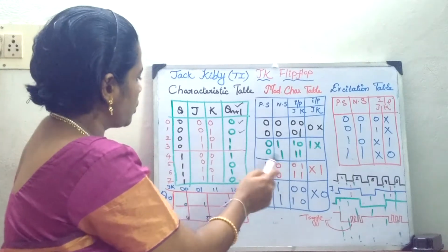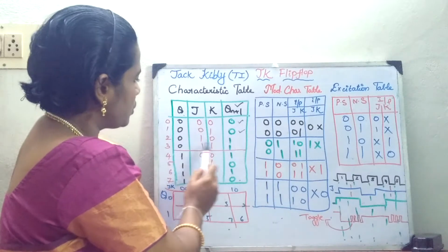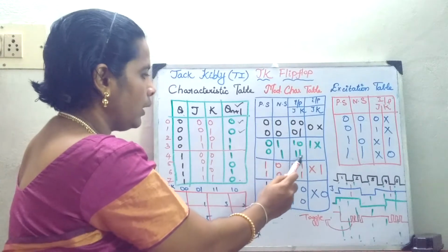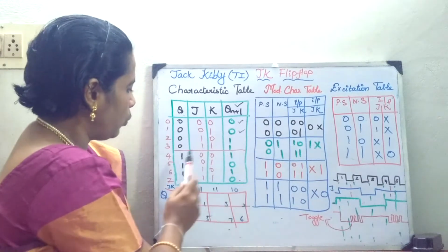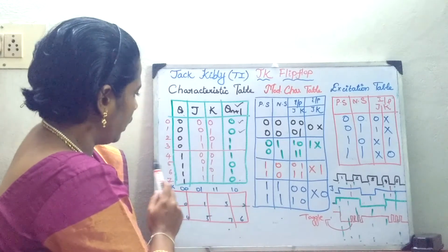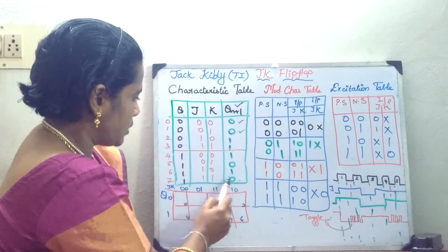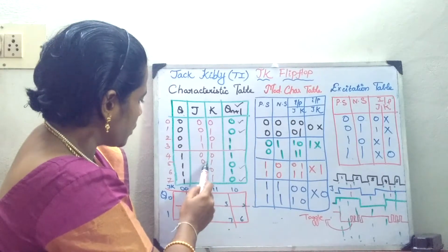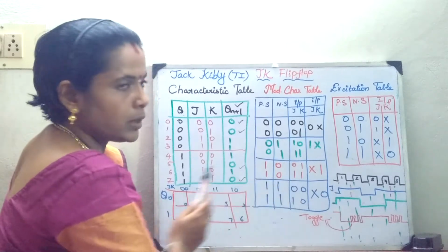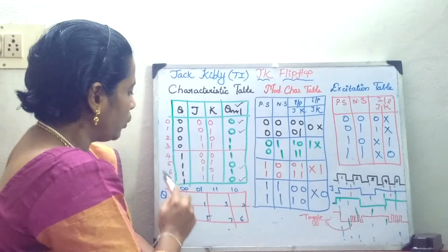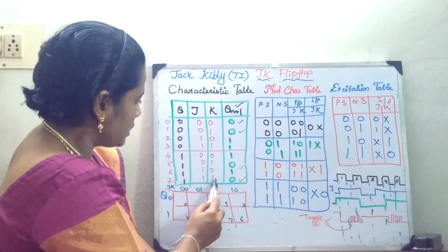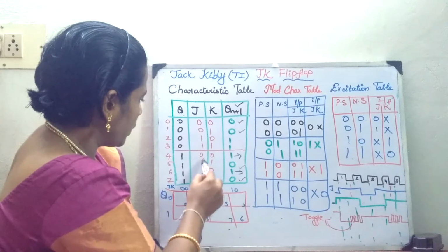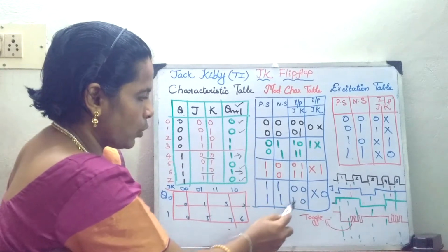Okay. Now, we will come to the 0 1 condition. So, 0 1. What is the input condition? It is 1 0 and 1 1. Done with that? Now, we will move on to the next one, the 1 0 condition. When my present and next state is 1 0, what will be the condition? It is 0 1 and 1 1. So, 0 1 and 1 1 is written here. Whenever I go for the last condition, 1 1, okay, what are my corresponding inputs? It is 0 0 and 1 0.